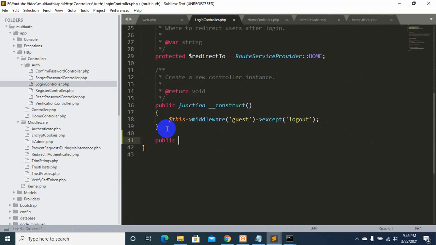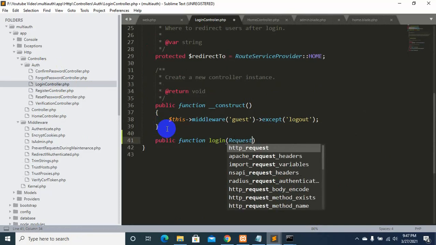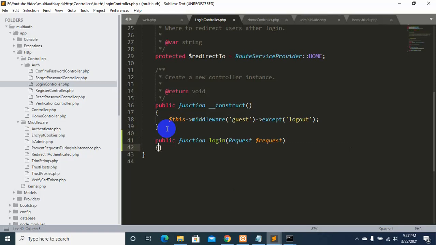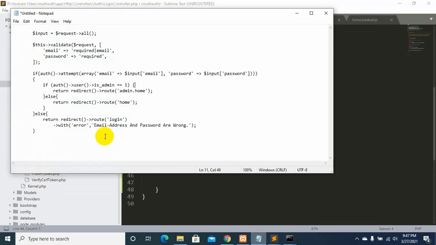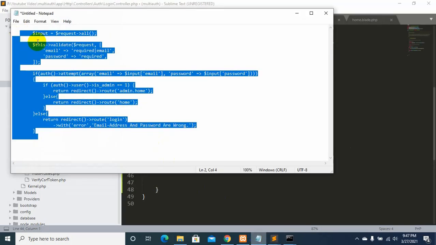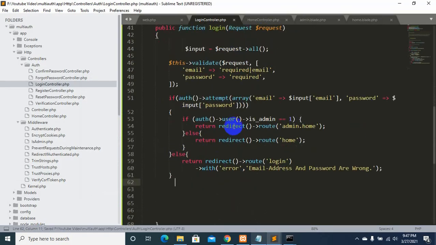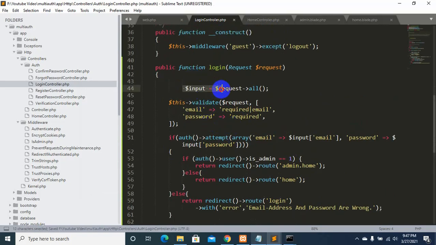So we will say public function login(Request $request), and then inside it I'm going to just copy a code from here, Control C and Control V.